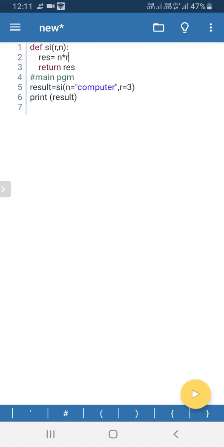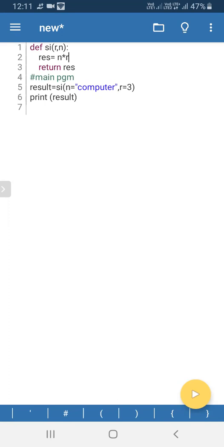The order is changed. Can you note it? Because there is no necessity to keep the same position in a named argument, because the value will be referred by using its name or its keyword, which we gave in the call statement. In the call statement, we gave n comma r. Sir, in def we give n comma r, and in the fifth line we can give r comma n, meaning also n into r will print.